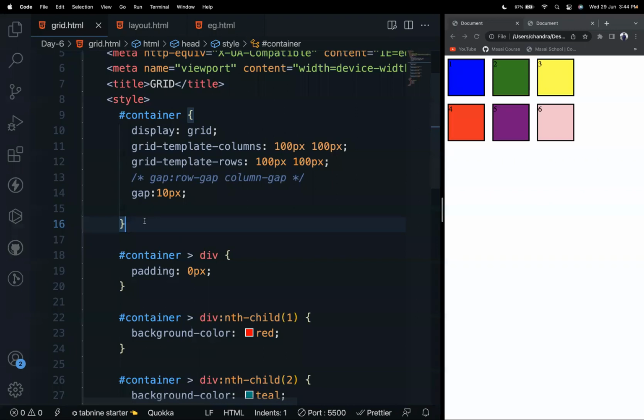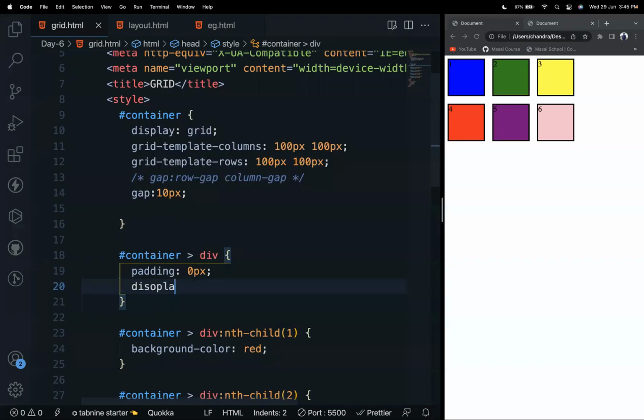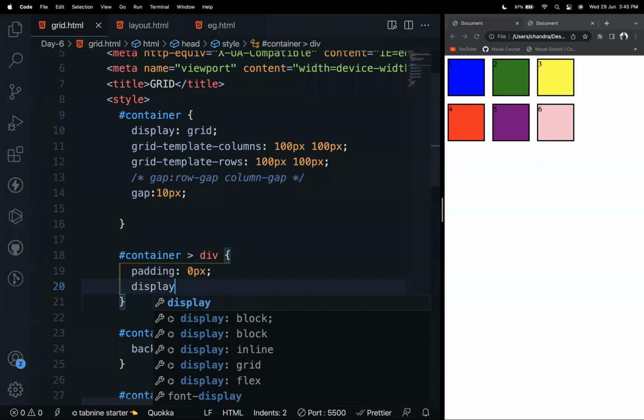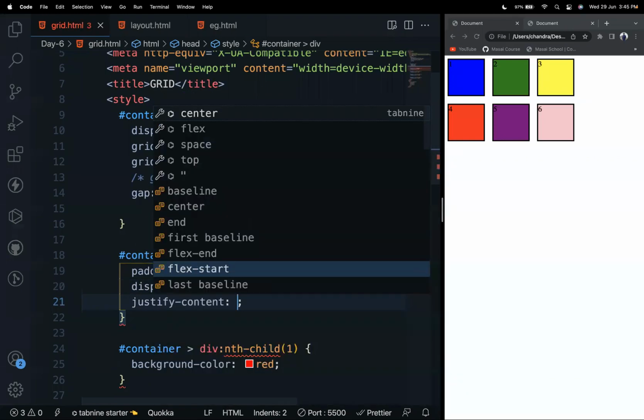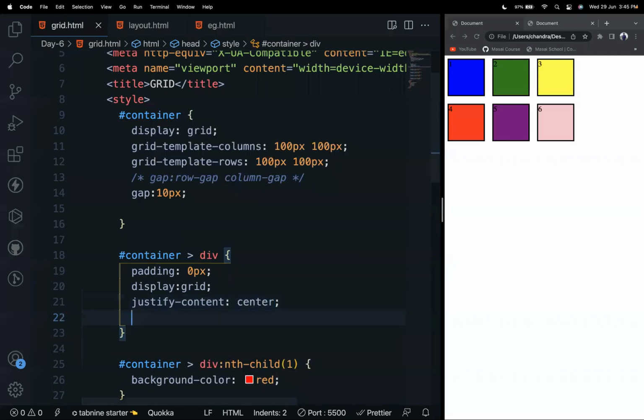Parent means container. You should not use it for each and every div, right? Not for parent. So for this div, you need to write display grid, justify content center, and align items center. So now if I refresh,